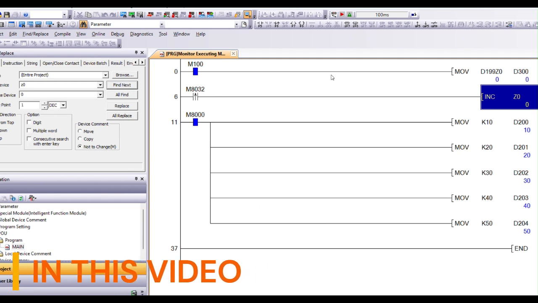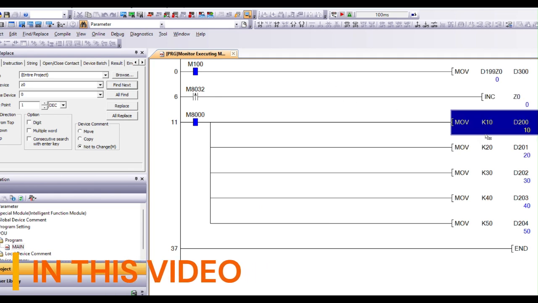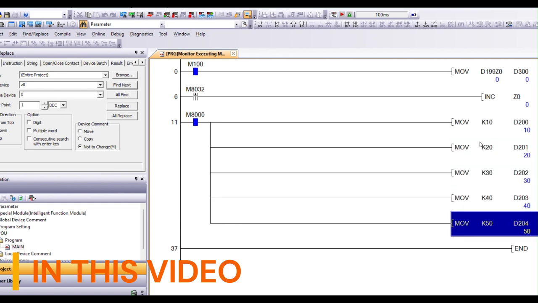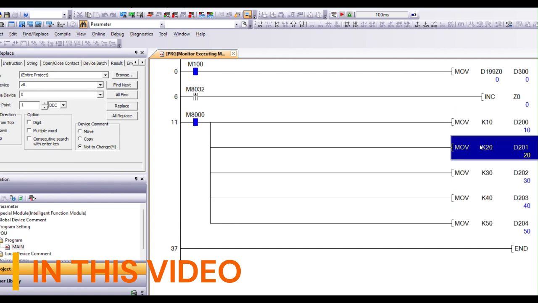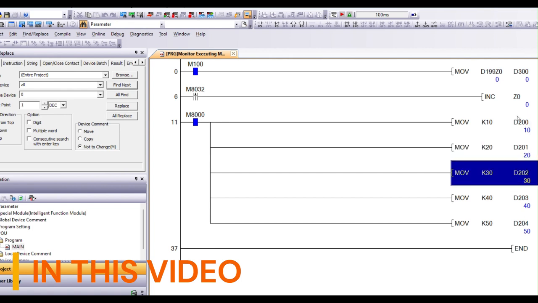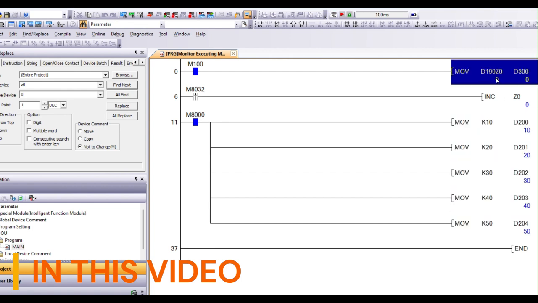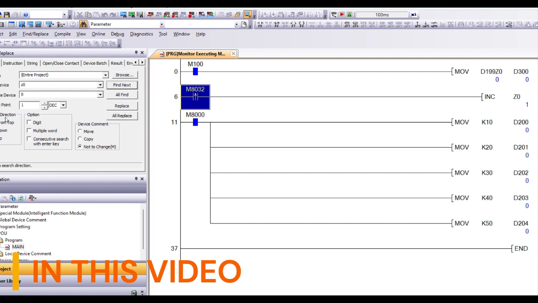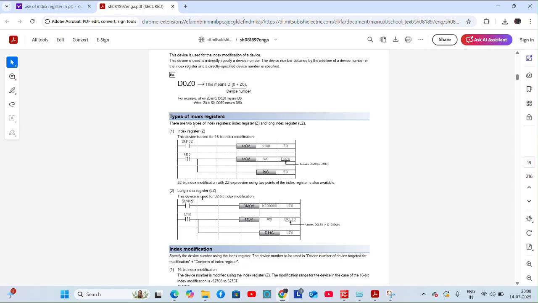Indirectly a device number. Here the different numbers are moved to their addresses, okay, and this address will convert this value to movable a different device number, okay. So here I'm going to increase the Z0 from 0 to 1. And today we are going to discuss what is index register and what is the use of index